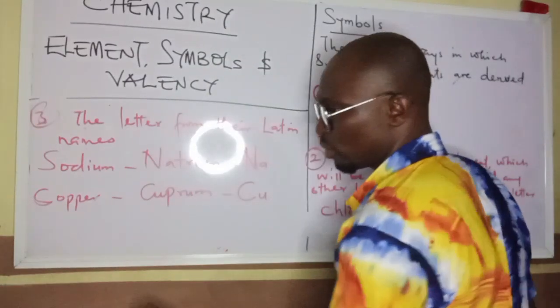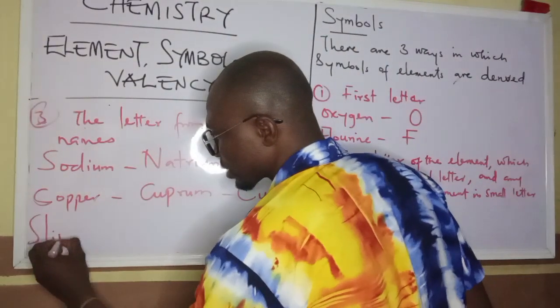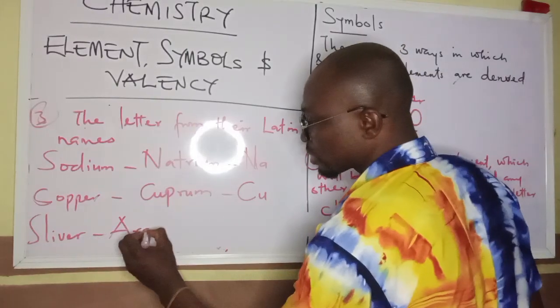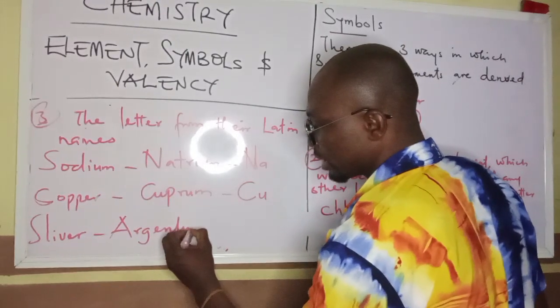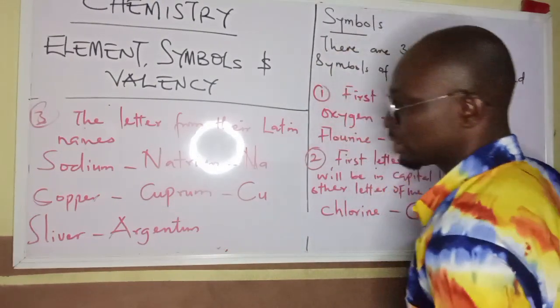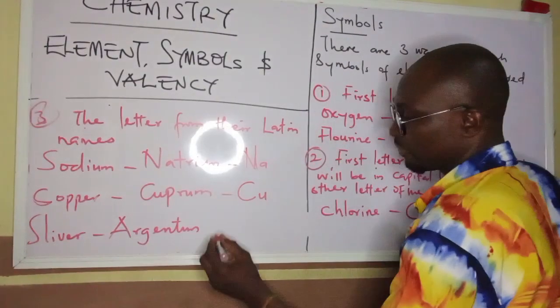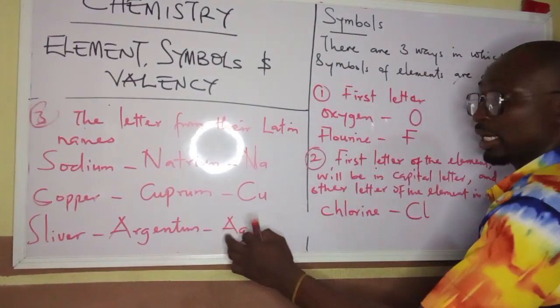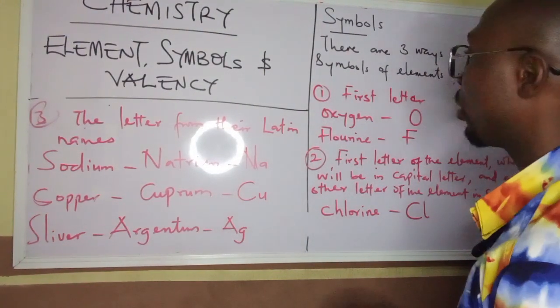Now, let's add one more. We have silver. The Latin name is argentum. So the symbol for silver is Ag, that is capital letter A and small letter